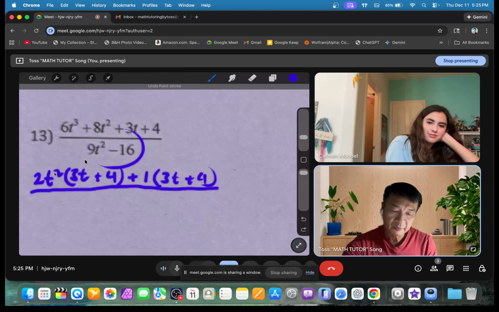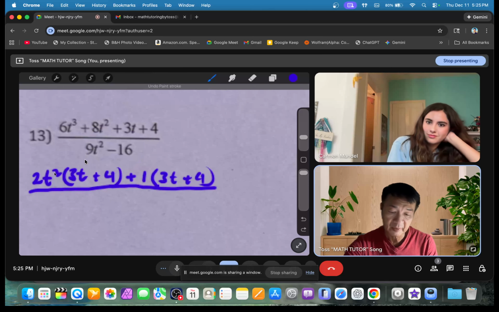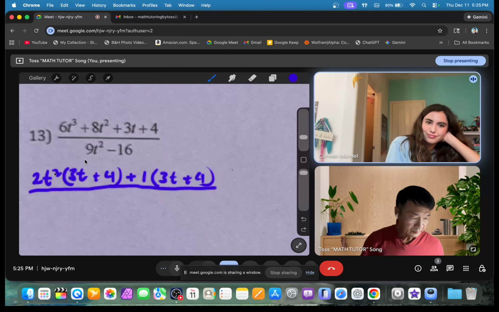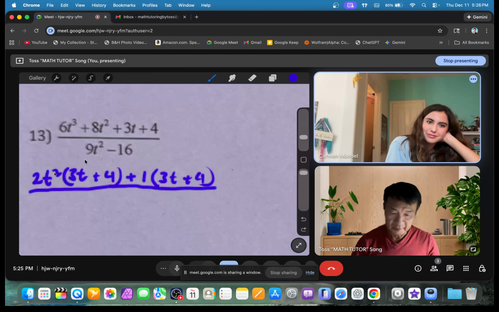How would you write it out, like the factor, or is it something that you're supposed to do first? I don't remember. Okay, so